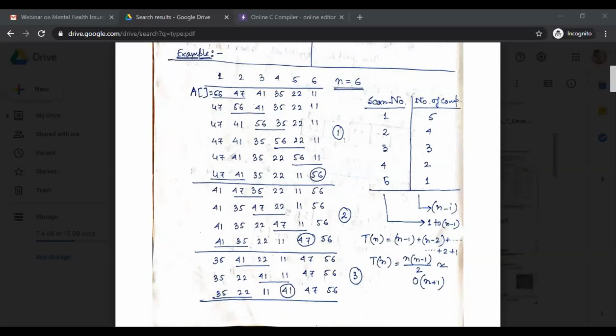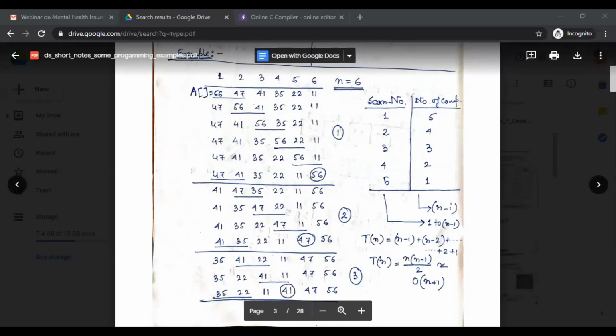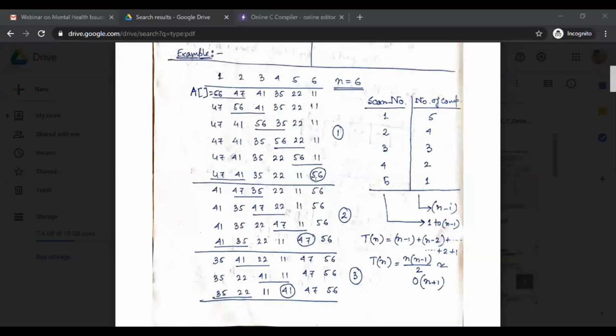So after pass number 1, 56 is placed according to our requirement, because from this set of elements we can easily say that 56 is the largest element of my array. So 56 is placed in the highest index number in my array, which is 5.